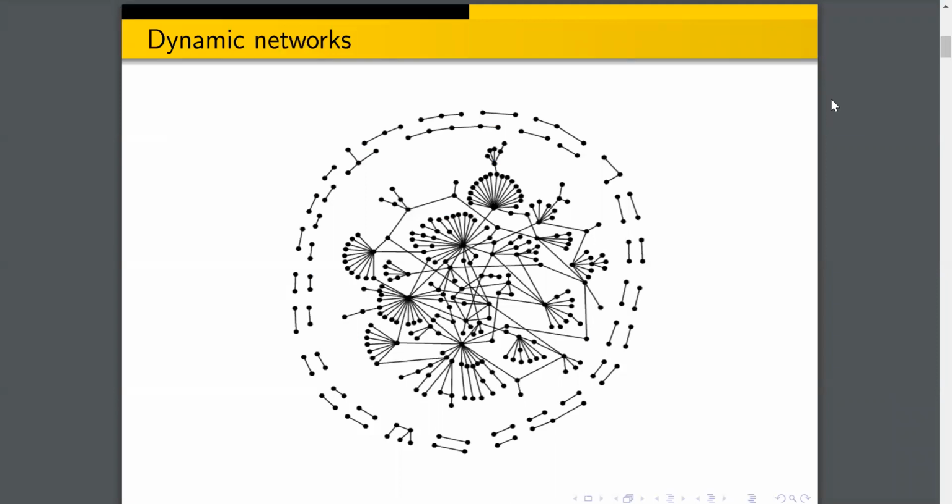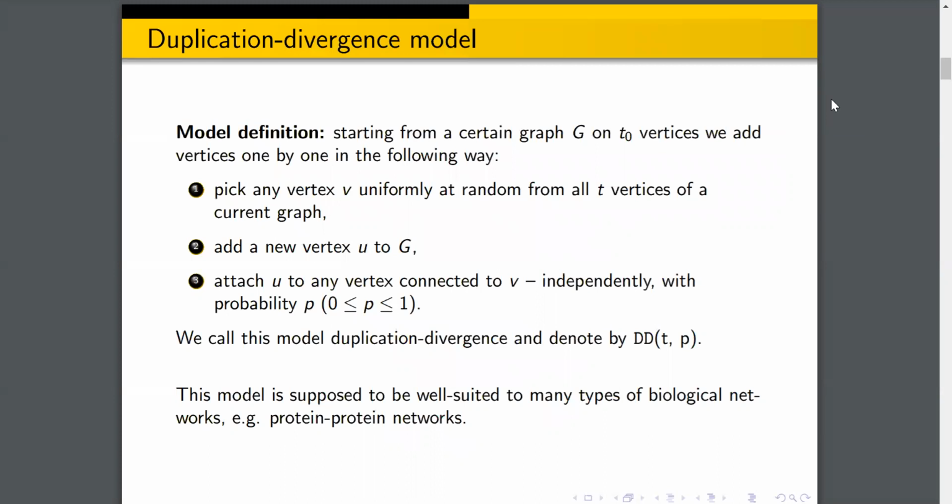Here we are interested in a very simple variant of that. Suppose that we have a certain fixed rule that we add one vertex at a time with some connections to previously existing vertices. What would happen? Which graphs could we generate? What happens in the expected case? And in particular, we picked one quite known model going by the name duplication divergence model, which is very straightforward in